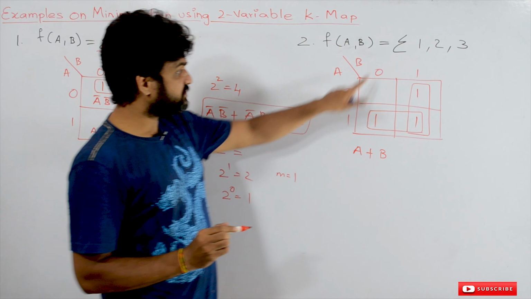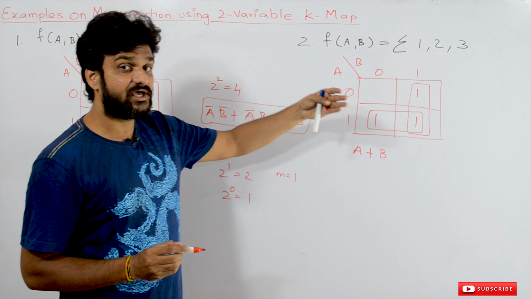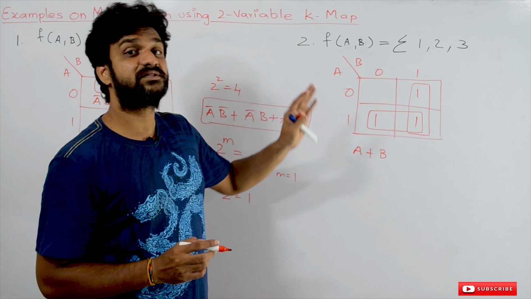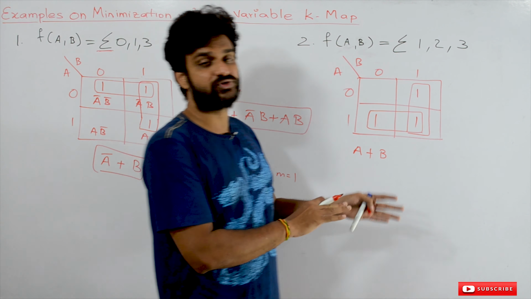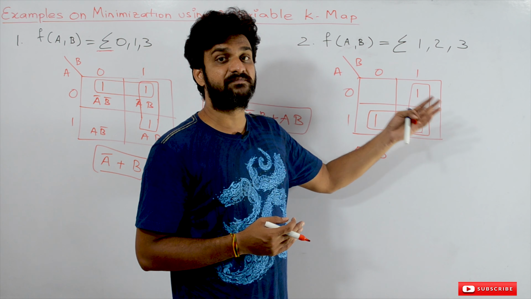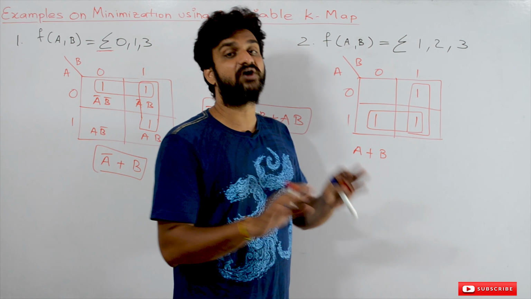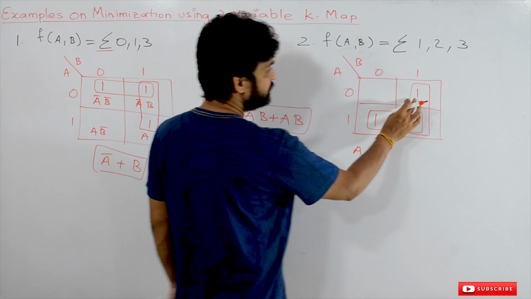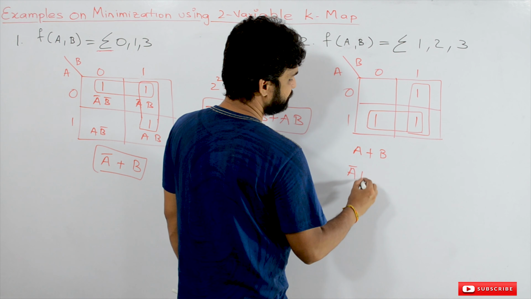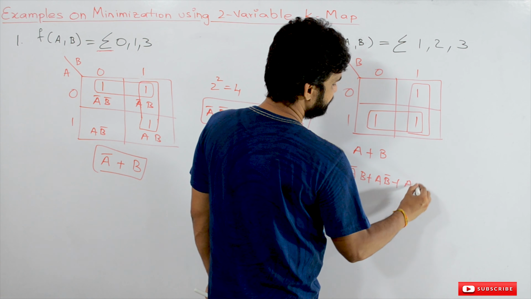So there is a logic within this. A K-map can also be another form of a truth table. The only difference between a truth table and the K-map is that the K-map can be used for minimization. How can we say that? If you consider all these minterms, what is this? It is a complement b plus a b complement plus a b.